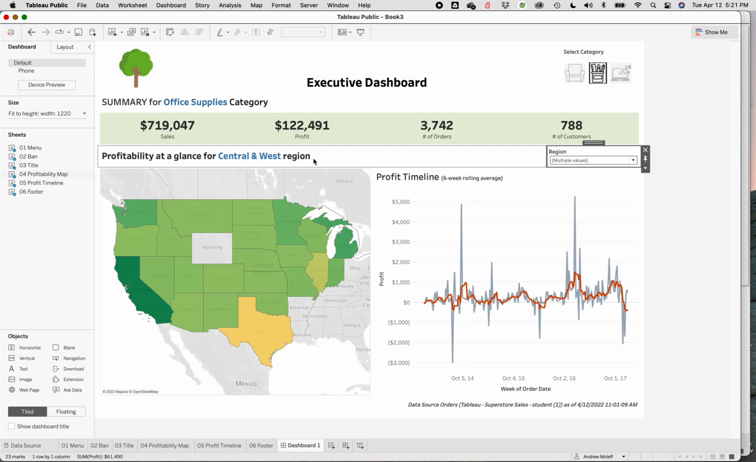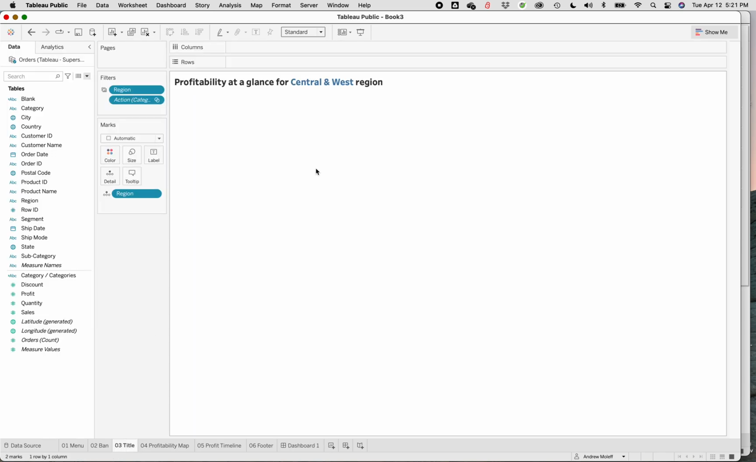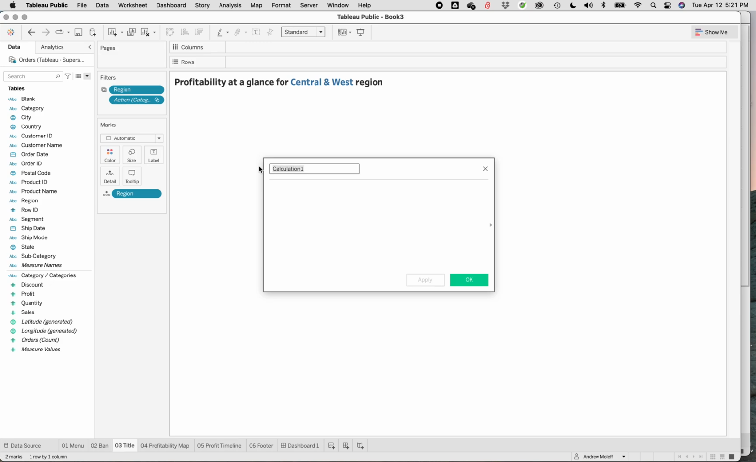So we can click on this profitability at a glance. It's our title page. We can go down here to title, and we just did this on the other one. We go to analysis, create a calculated field, and the name we're going to give this is region/regions. We want to be descriptive in there. And just like before, we're going to do an if function, if, and it's a COUNTD, and the expression is region. Now we go here to ABC region, choose that. If that is greater than 1,